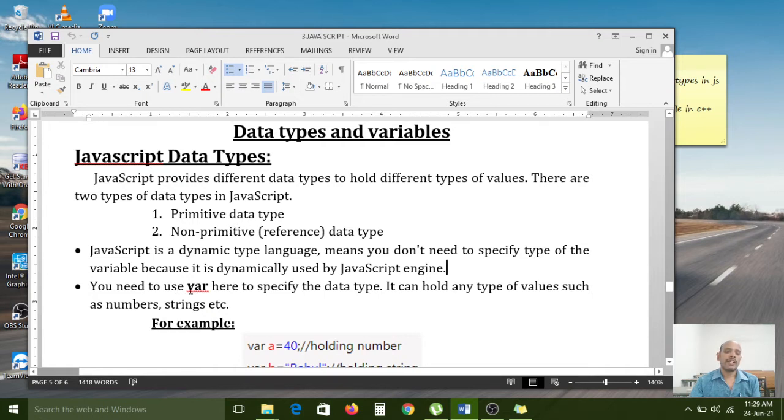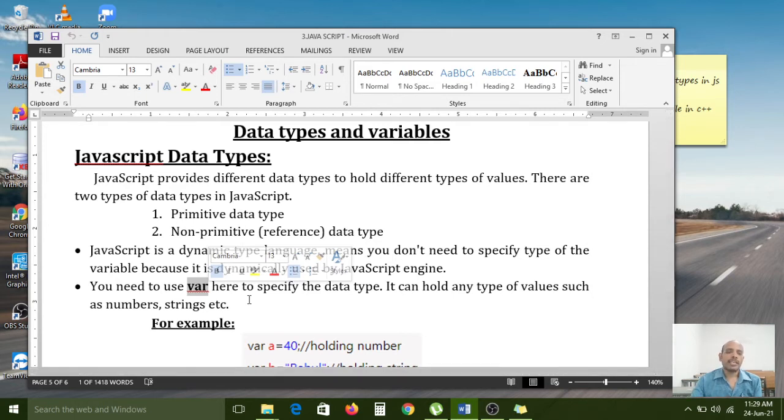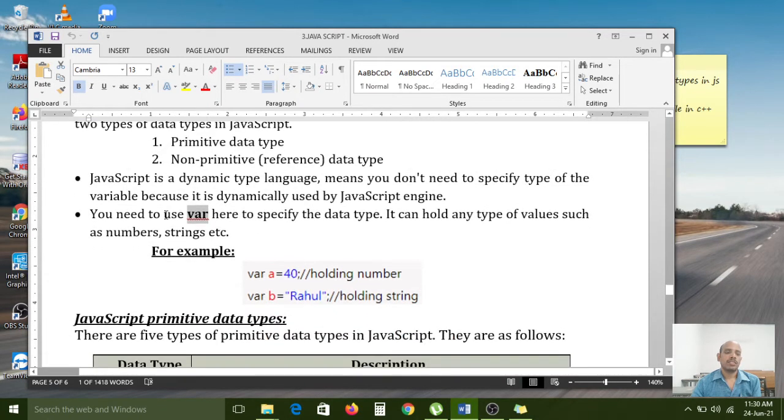We can simply declare with the var keyword. Whatever value you store in that variable, based on that value the engine internally decides the type.